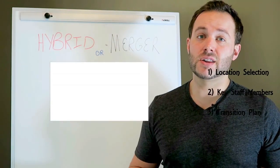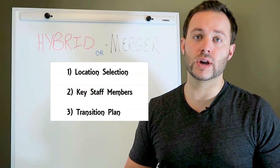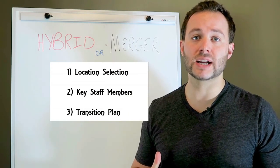Those 3 are just 3 of the many factors that go into a great transition and a great acquisition of a smaller practice. If you want help,